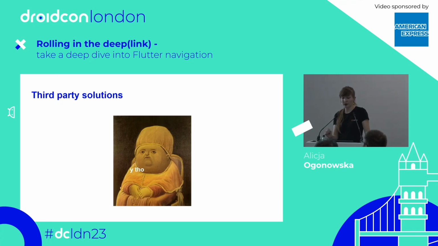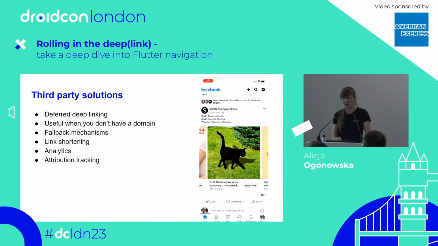So there are also some third-party solutions. And you may ask yourself, okay, but why? We already had a working solution. Deep links are working. Why would I need an external solution? And I mean, even more third party than Unilinks and Uplinks. So, for example, the most important thing is called deferred deep links. And this is a mechanism of